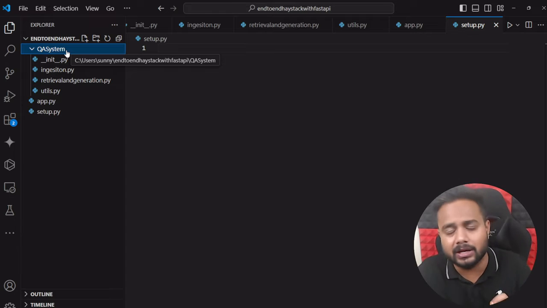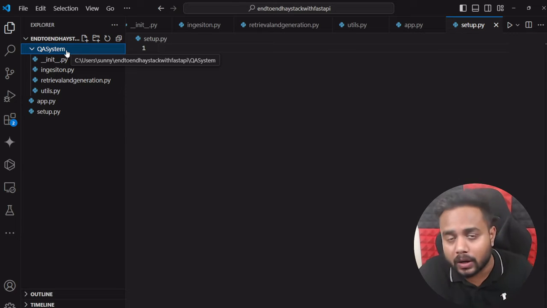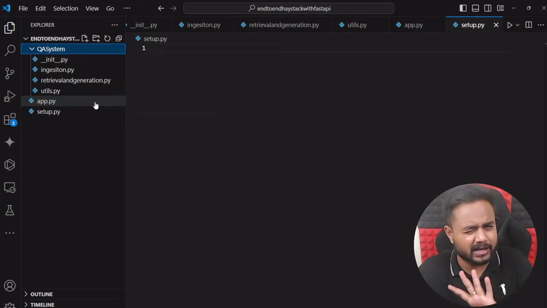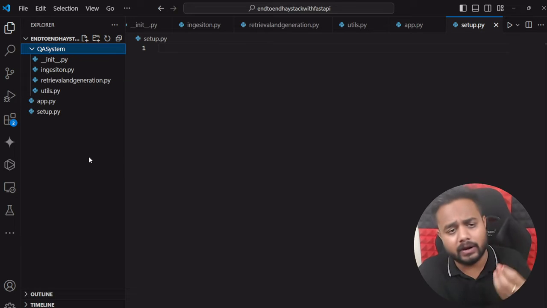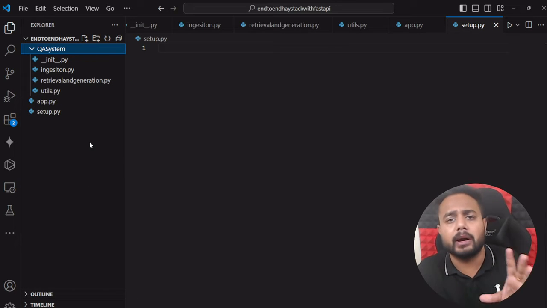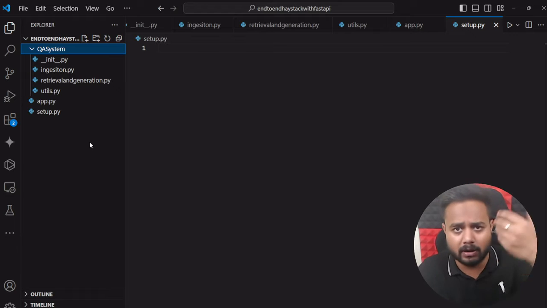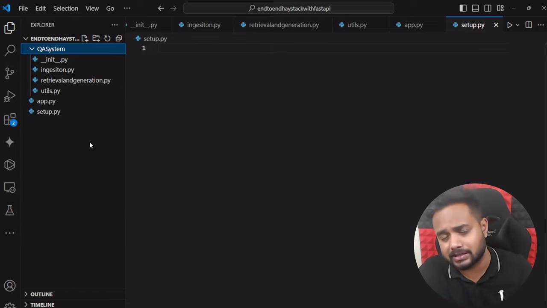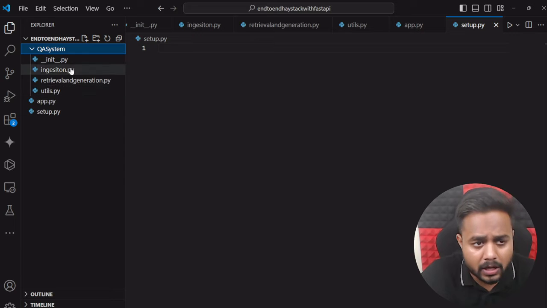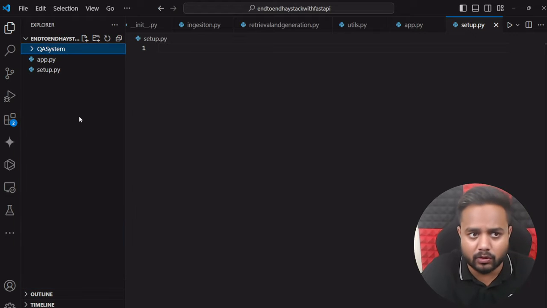I can install it inside my local virtual environment. I will create the environment, don't worry, and I will give you all the steps in my readme file. I will upload it on my GitHub, and from there you can take this code. So QA system, init, ingestion, retrieval, utils, app.py, setup.py, and here one more file is required,